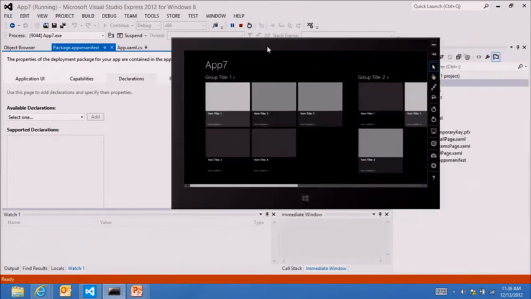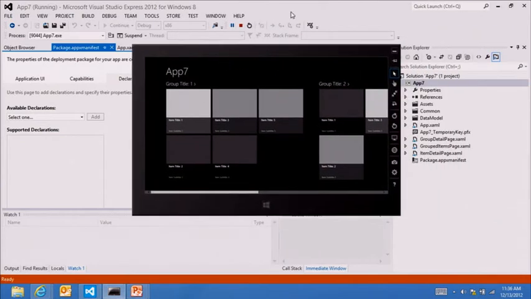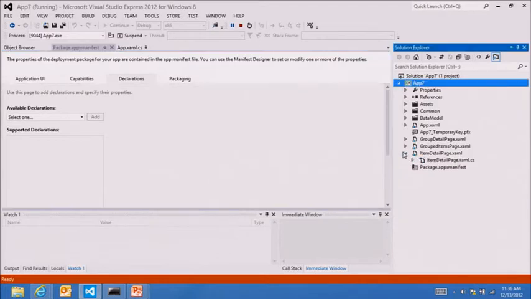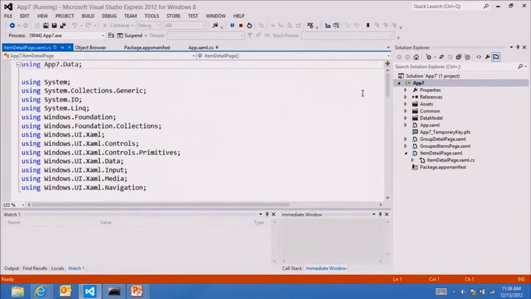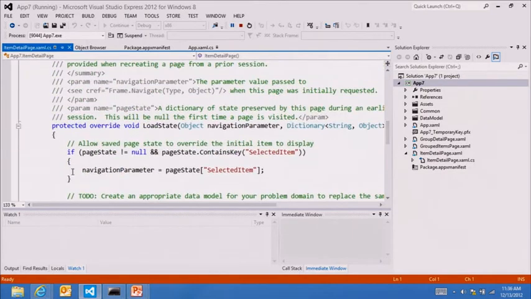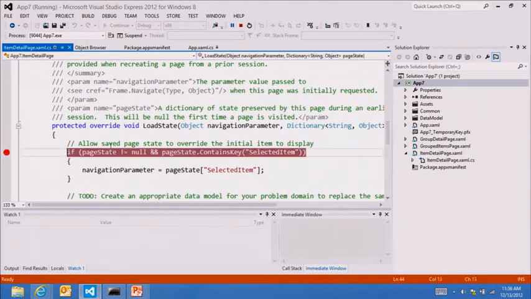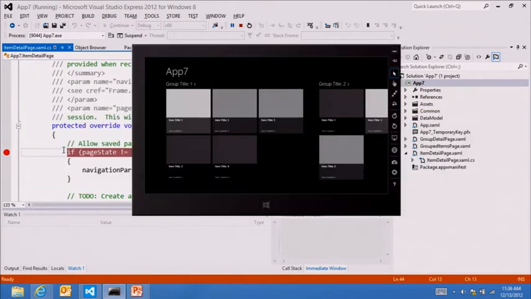So let's just go back here. I have the exact same app. You see the source code over here. I can go in there and put a breakpoint in something like item detail page. And I'm just going to zoom in a little bit, and I'll just put a breakpoint there. I'll go back here. So right now I'm interacting where I'll just click on it right here, or I'll tap on it because my mouse,